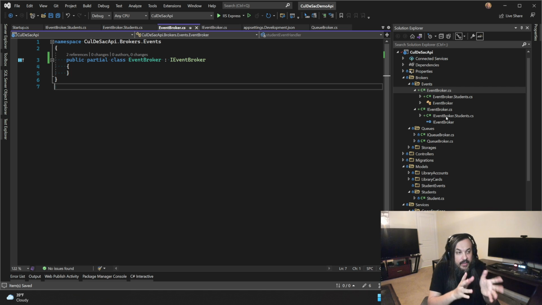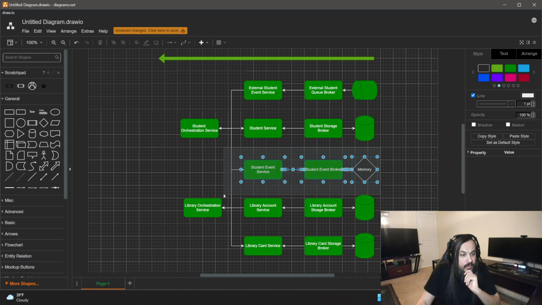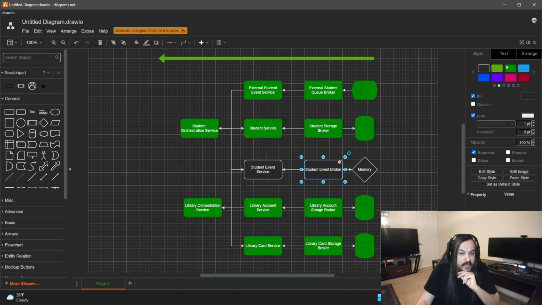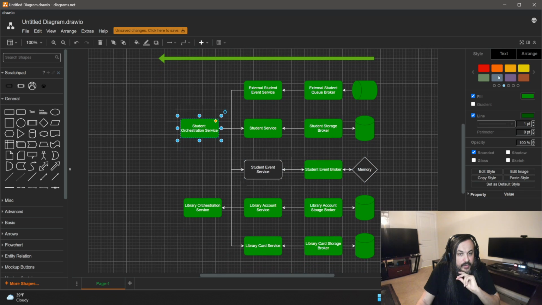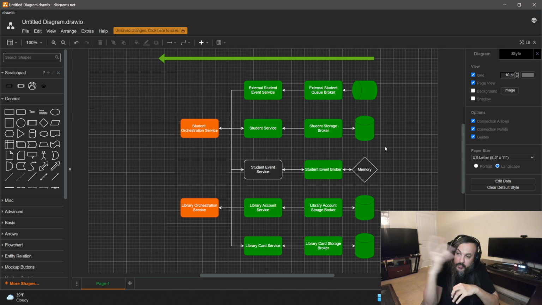Okay, so we just created a very simple queue or event mechanism that just publishes an event and something else reads it from the other side. Again, keep this image here in mind. This guy is already done, right? So I'm gonna mark it as green. But just keep those in mind. Now these two are in progress or subject for modification, so I want to mark them in orange. That basically means we're not done yet, because we're taking away our coordination service completely and we're scaling in that direction.